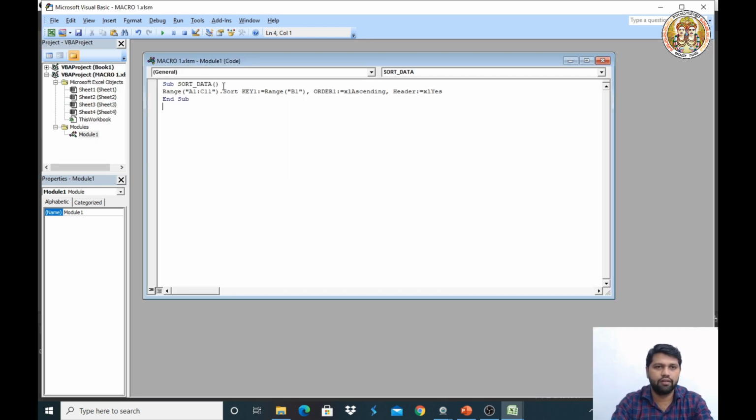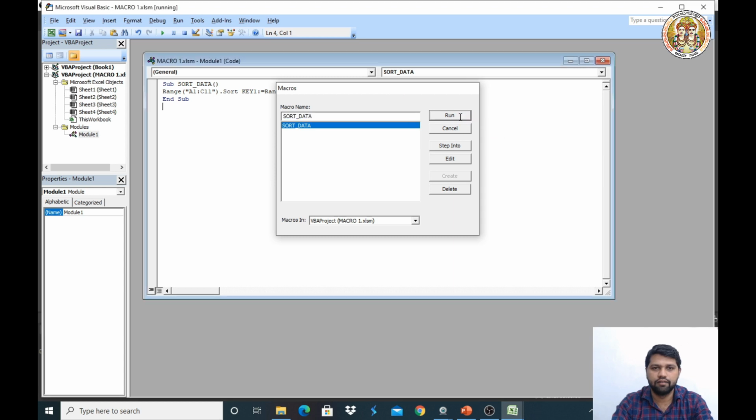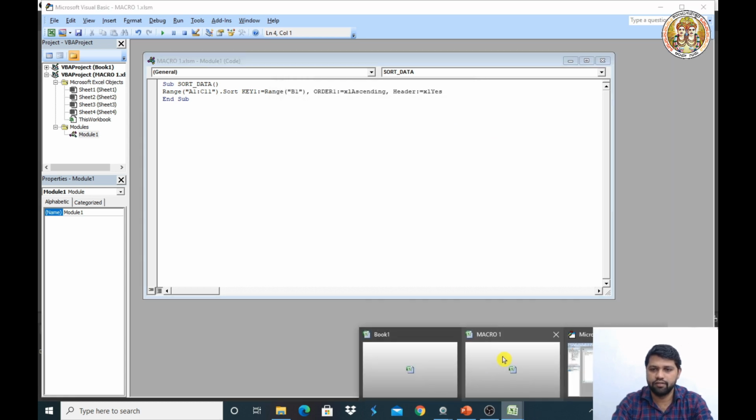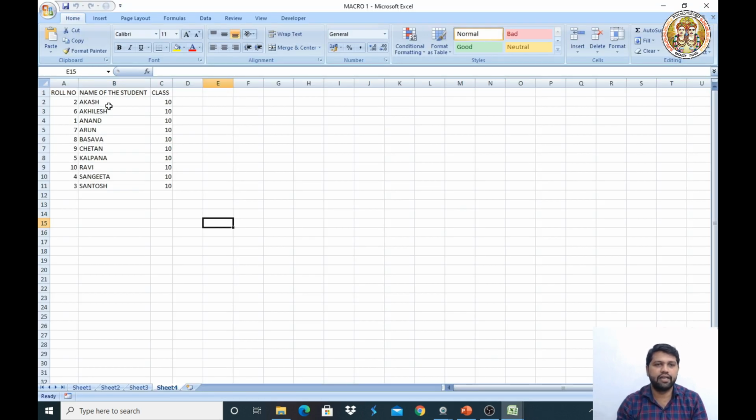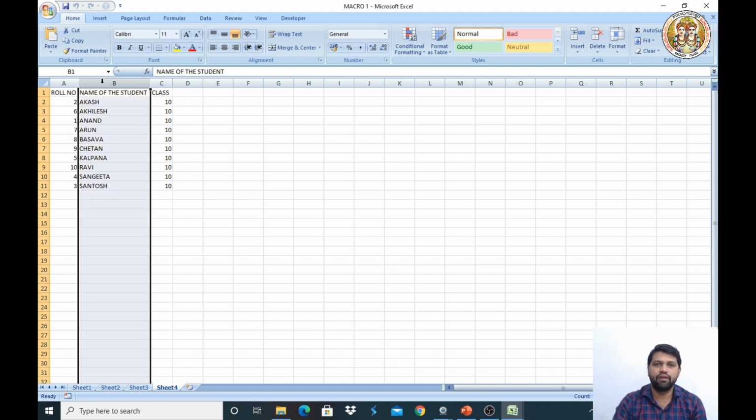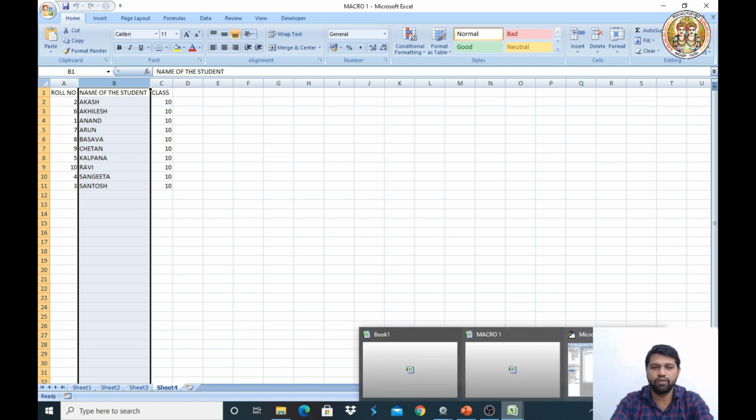Now we can save it and run it. Let's see, go to the table, and here the data is sorted alphabetically. So B1, the column we have selected, so according to that it is displaying. So let's try that, instead of the name, we'll go through the roll number.